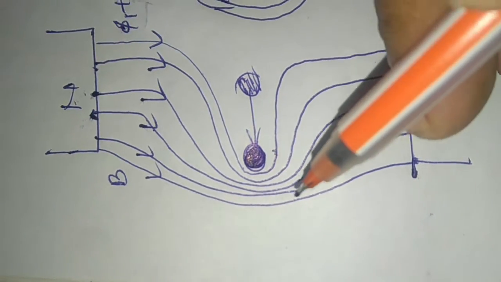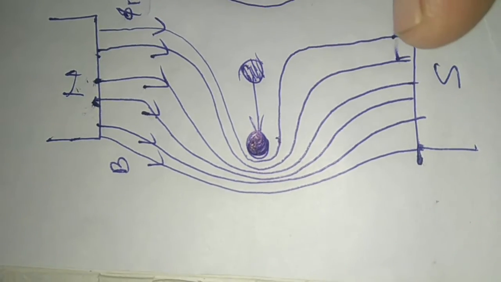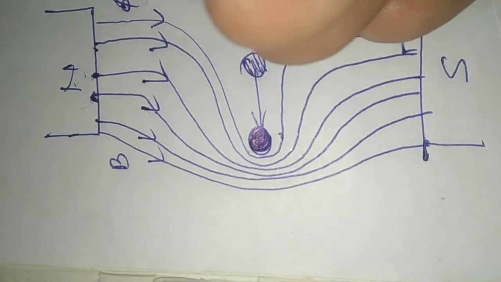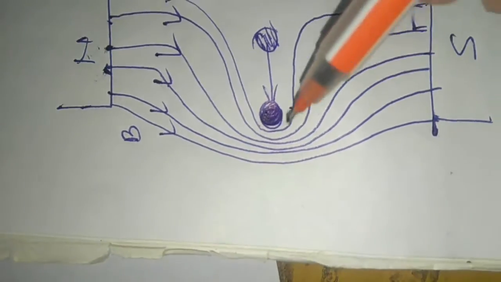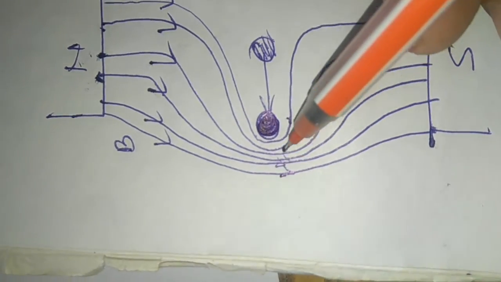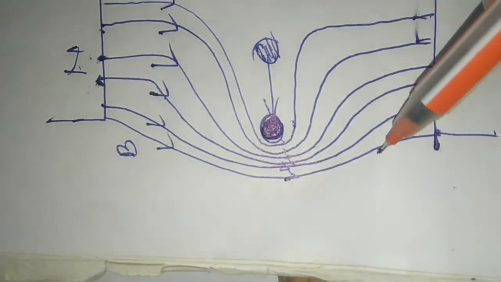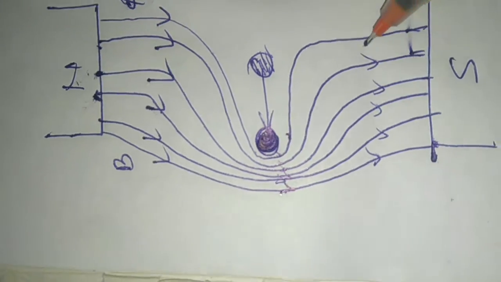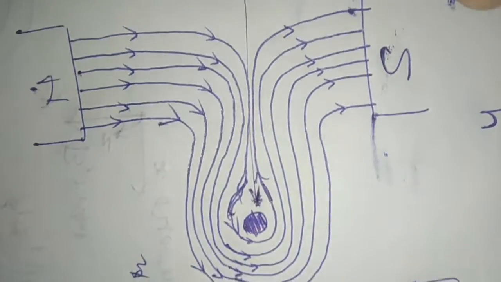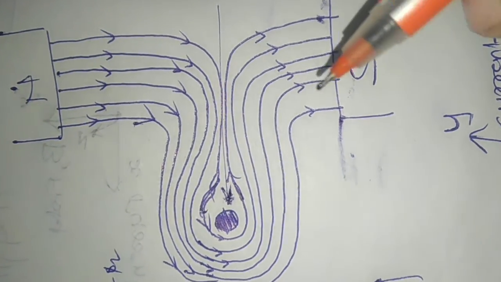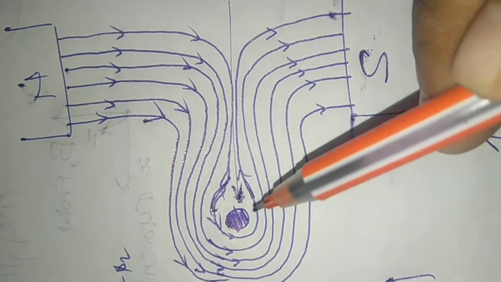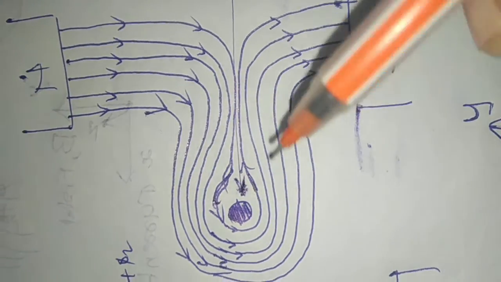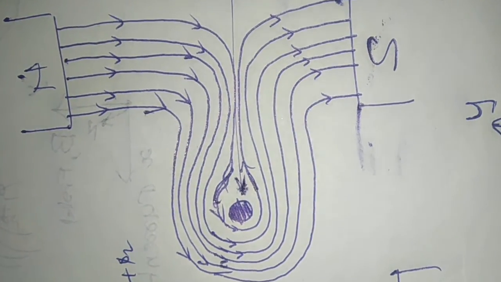So here this conductor has pushed the flux lines in this direction, and all the flux directions are like this, downwards. And another condition happens when the conductor is brought too much across the flux lines,